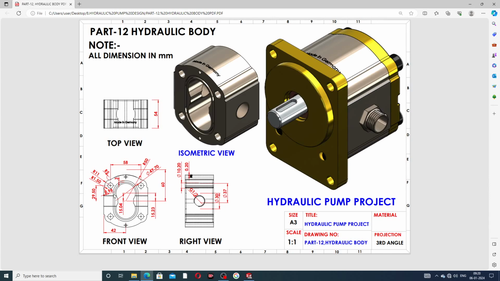All is perfect. And this distance is 42 millimeter, and this radius of curve is 11 millimeter, and two fillets are used here. This is 5 millimeter, and this is 1.5 millimeter. Okay,